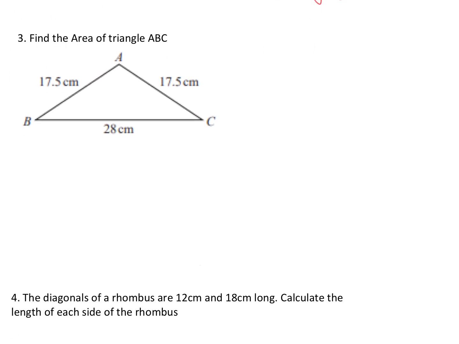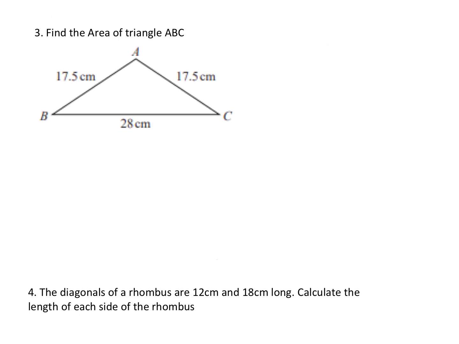Question 3. It's a bit more of an application question. Find the area of the triangle ABC. So we're not applying Pythagoras' theorem straight away because we're not asked for a hypotenuse or a short side. We're looking for the area. To find the area of a triangle, you have to multiply the base by the perpendicular height. We don't have the perpendicular height,